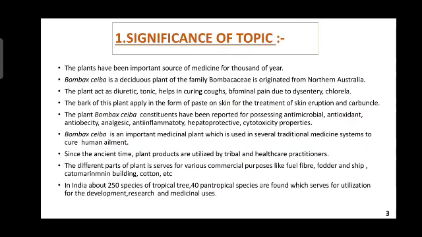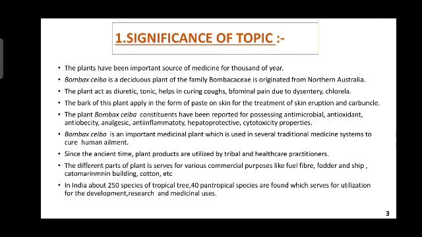Significance of topic. Plants have been an important source of medicine for thousands of years. Bombax is a deciduous plant of the family Bombacaceae, originated from northern Australia. The plant acts as a diuretic and tonic, and helps in curing cough, abdominal pain due to dysentery, and cholera. The bark of this plant is applied in the form of paste on skin for the treatment of a skin eruption